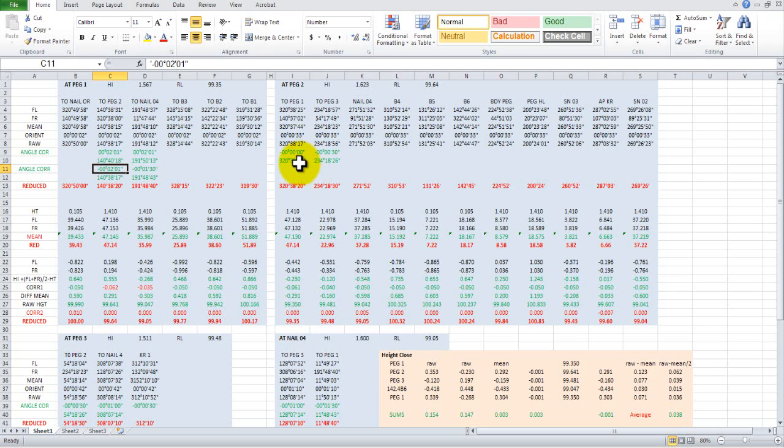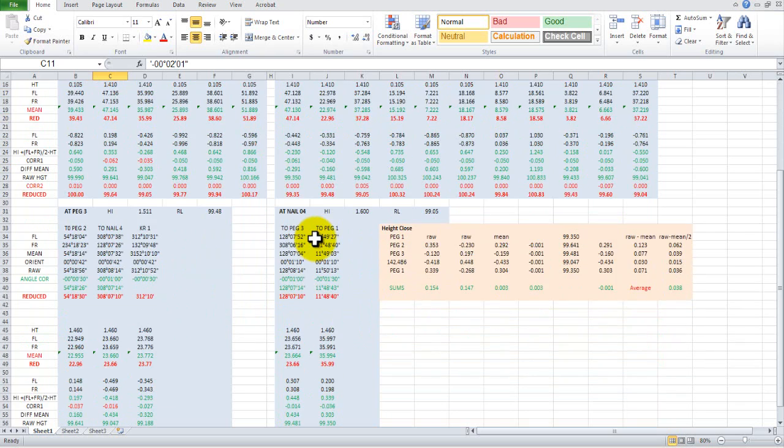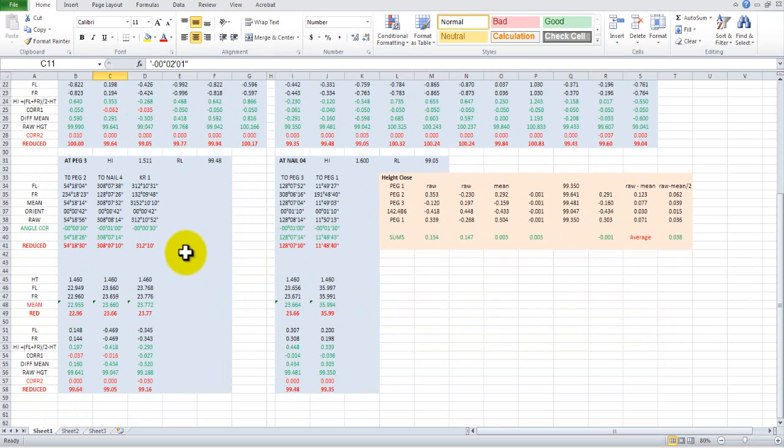Okay, moving on to peg 2. If we look here, the net change on the actual orientation, we've nothing there, 30 seconds there, so I think we can pretty much leave these. There's no need for any further adjustment. 271.52, 110.53 to the nearest minute, 131.26, nearest minute, which then brings us to peg 3,